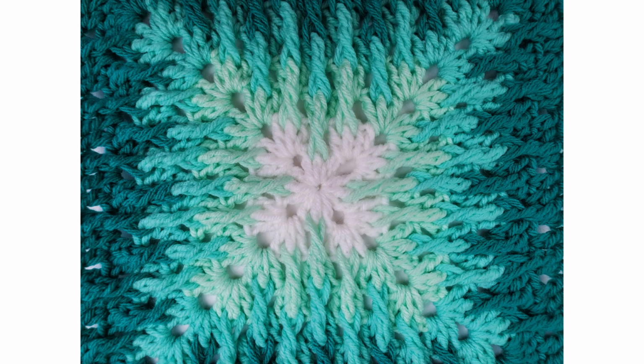You could make multiple squares and join them together, making a beautiful blanket, or crochet a larger size to make a pillow cover. You can use any yarn and crochet hook, so grab your supplies and let's have some fun